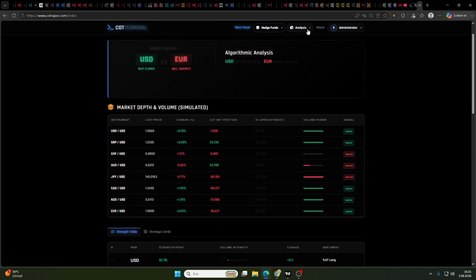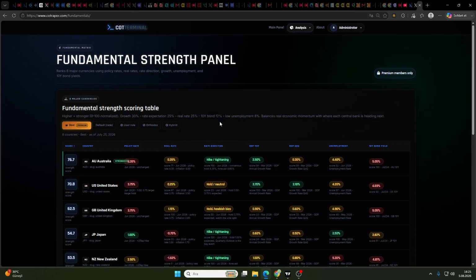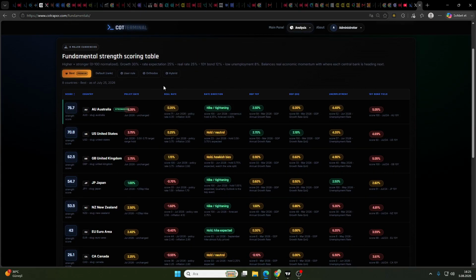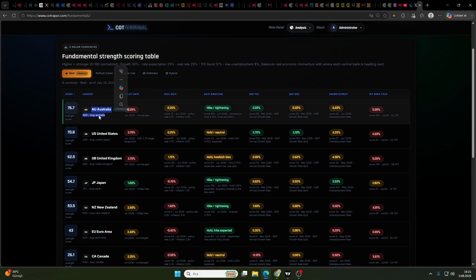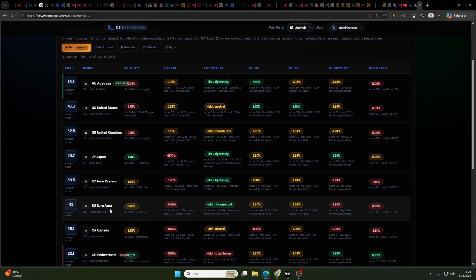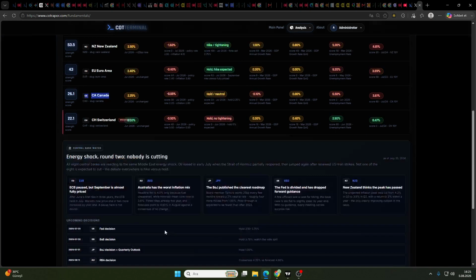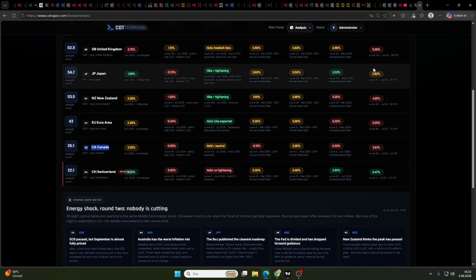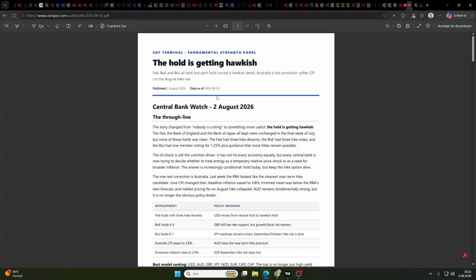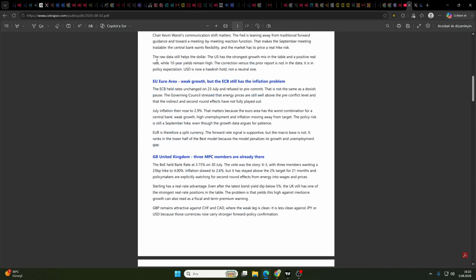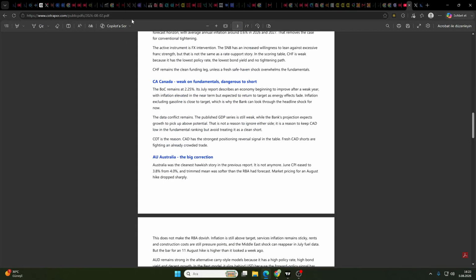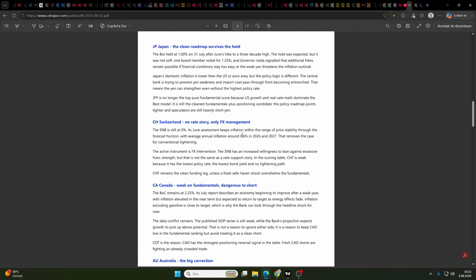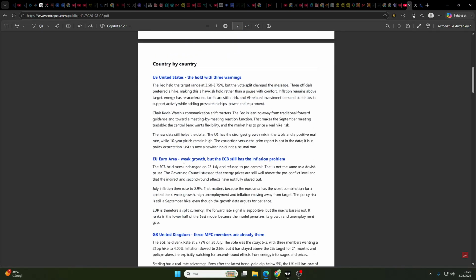If we look at fundamental data on the fundamental strength panel, we will see the most powerful pair shows us AUD, but in news we can understand the strongest one is weakening day by day, and the worst ones, like Euro and CAD, are turning back. What does that mean? In our weekly report, you can read it. I will give the link in the YouTube video's description, and we can clearly see